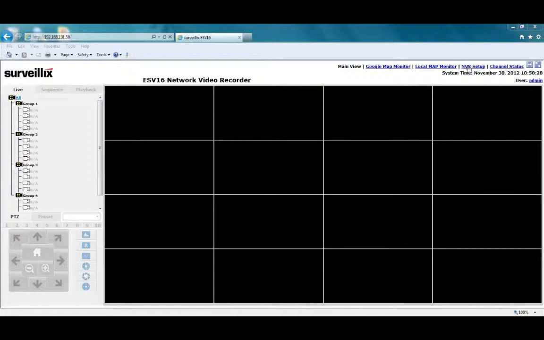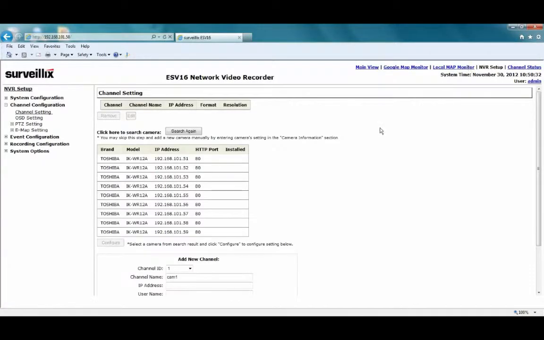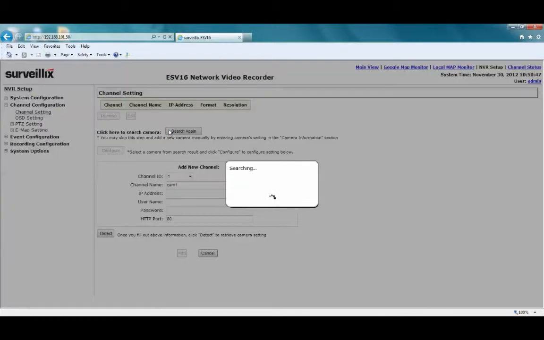I want to do is click on NVR Setup in the upper right hand corner. Then I want to go ahead and click on the left hand side of the menu, Channel Configuration and Channel Setting. From here I want to go ahead and click on my search button, or search again if you've already